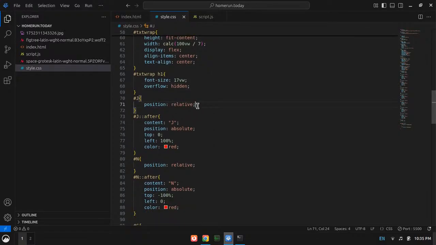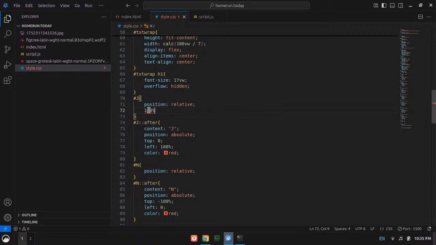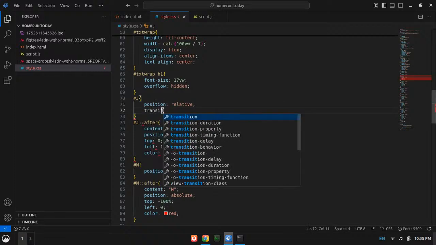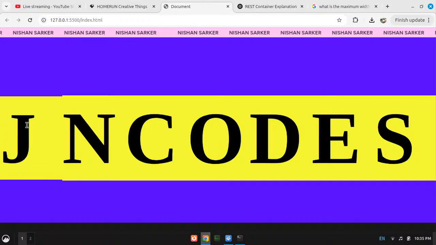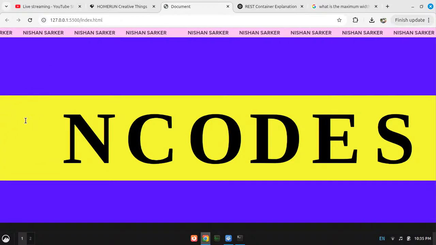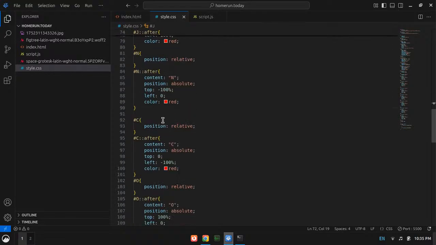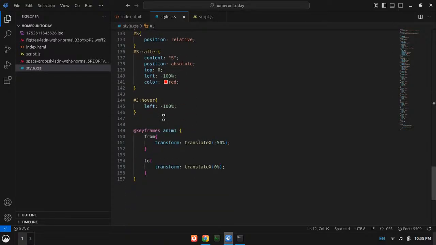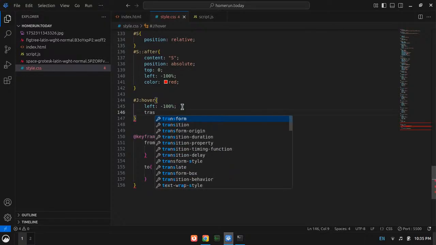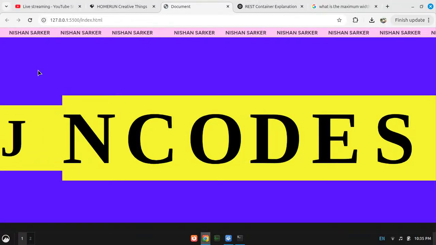I will give J a transition of, let's say, 2 seconds. Why is it not working? Should I give the transition here? I don't think the transition was here, but why is it not working?